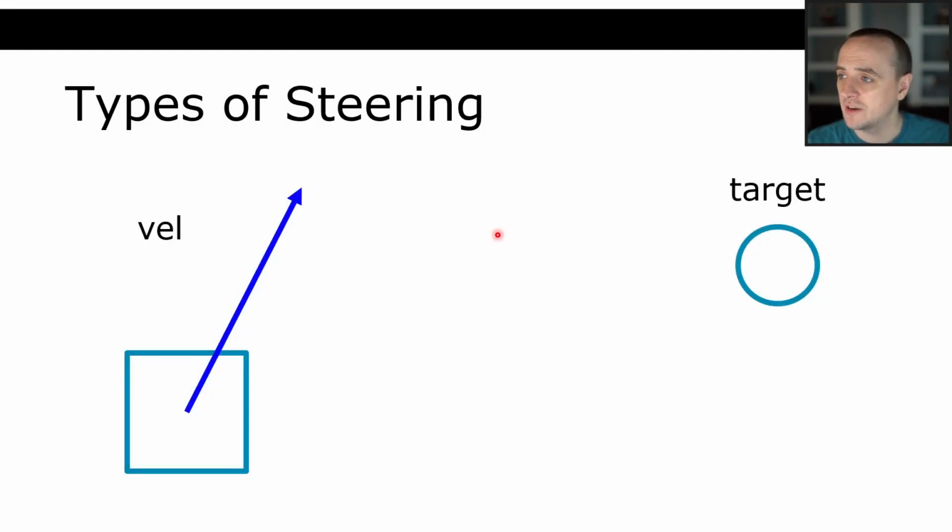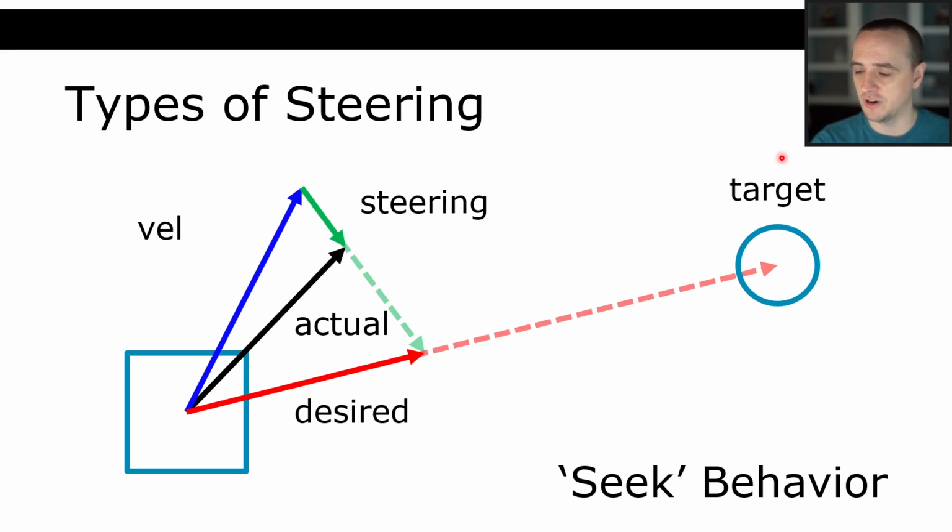All right, so we can have different types of steering as well. Steering makes the most intuitive sense when you're talking about moving toward a target, right? So when we move toward a target and we smoothly steer toward our target, that's called seeking behavior, okay? So we are seeking the current location of the target. However, that's not the best way to catch up with something, right? Seeking is sort of like a homing missile. It's going toward where the target currently is.